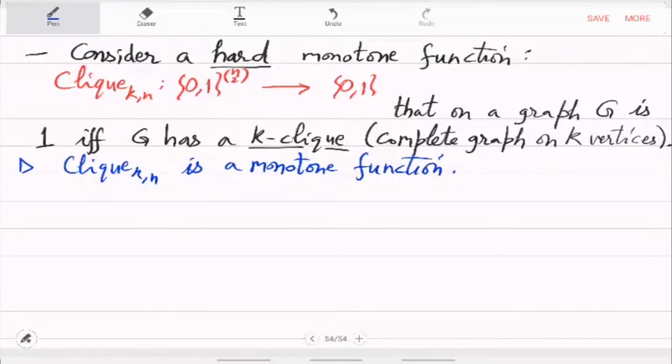Why is that? Well, because in a graph, which is the input, if you add more edges, so if you add more bits in the input, or if you add more vertices or edges in the input, then it cannot happen that a clique which existed before, a K clique, disappears. Okay, so the clique can only improve, it cannot disappear by addition of more edges or vertices. So this is a monotone function, and the question is,